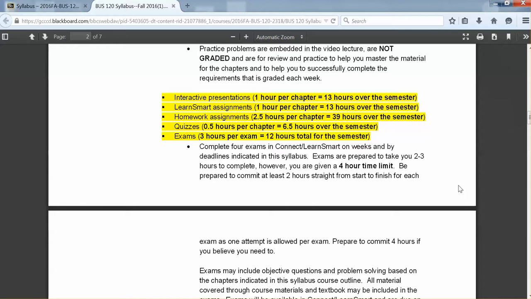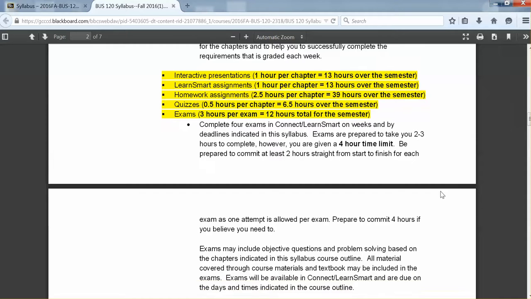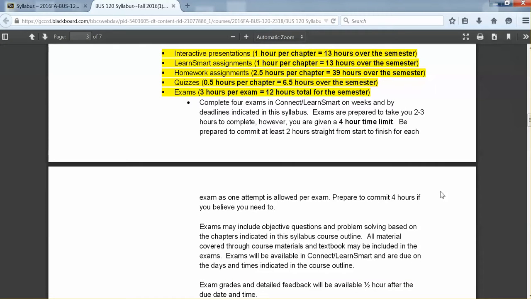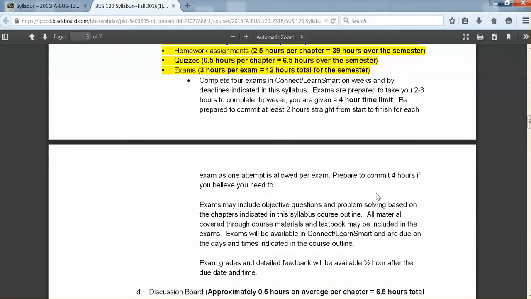That's a rough estimate, but you are given a 4-hour time limit. So I add an extra hour at minimum so that you should have plenty of time to complete the exam. But you should commit at least 2 hours. I strongly suggest you sit down and commit the full 4 hours to take that exam, just in case anything goes wrong. Because, and you can see that's why I have it highlighted here, if you commit 4 hours to that exam, then there's never going to be a question whether you can finish